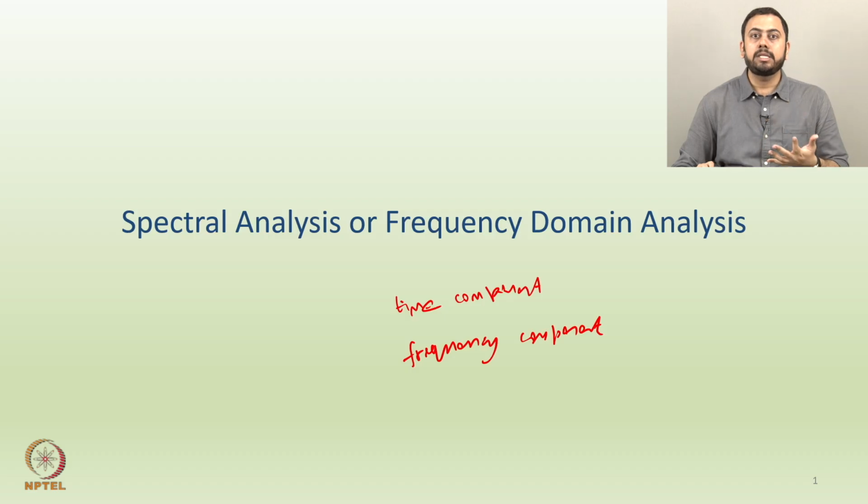Because remember that any underlying practical time series contains all these oscillations, or all these frequencies. You have some seasonalities, you have some ups and downs. All these ups and downs or cyclicality in the underlying time series can be superimposed by a bunch of sine curves and cosine curves. So this is the broad idea about how you convert the visual angle from a time component framework to a frequency domain.